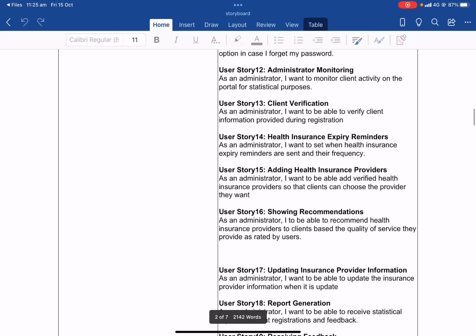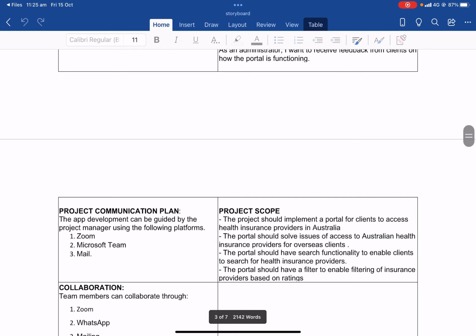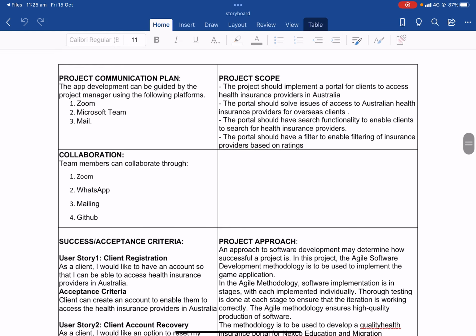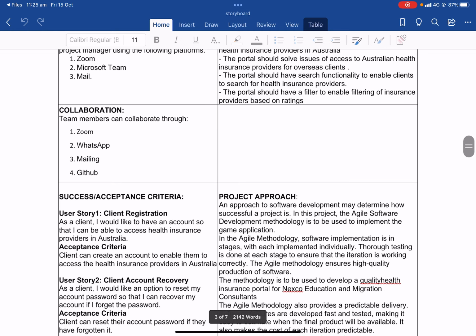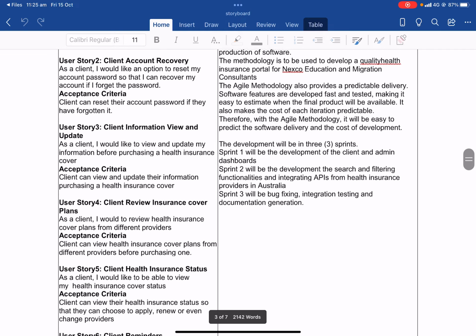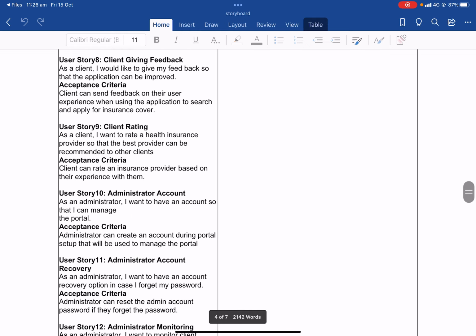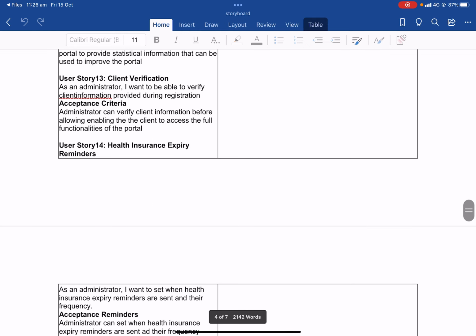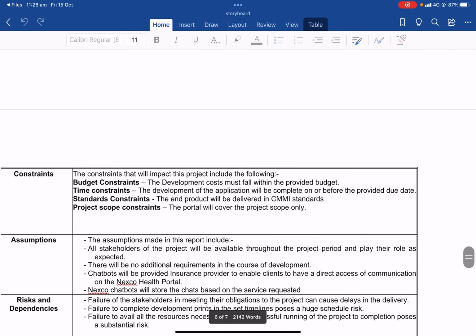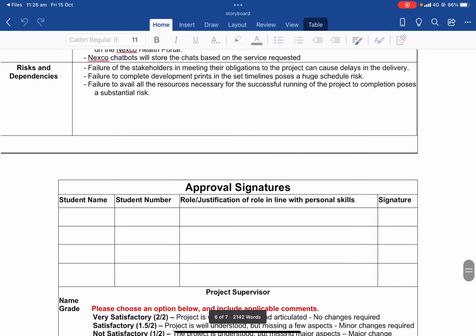In the storyboard we made around 19 user stories, and this is the project scope, and a communication plan was there from that time, and collaboration, these three things. And these are the user stories which we worked on in the storyboard, and the documentation was done by me with the help of my team members. I worked on the documentation of all these things, and this is the constraints and assumptions,